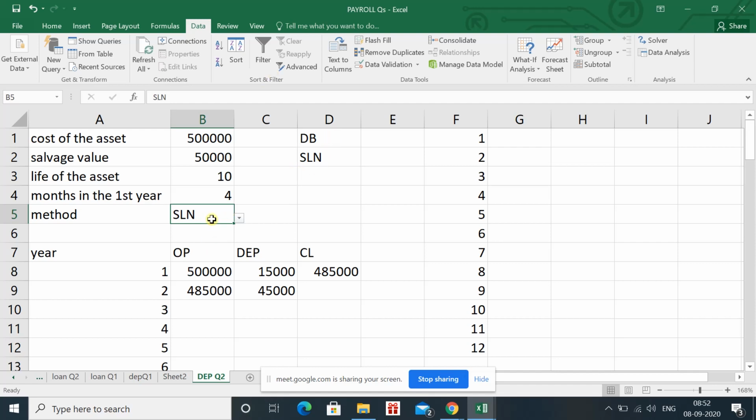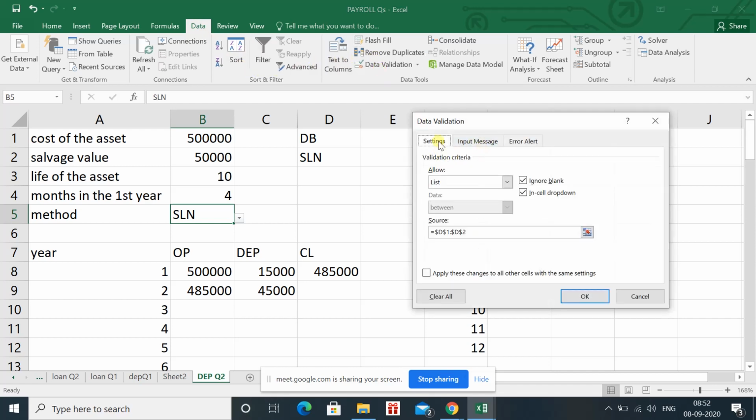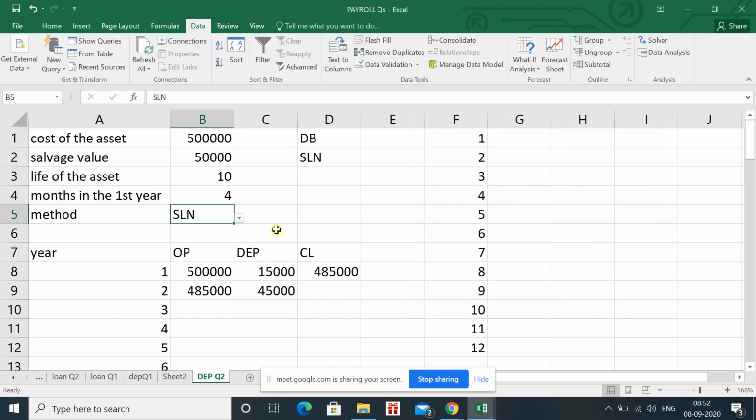Then you will keep your cursor in a cell where you want to create the drop down box for the method of depreciation. You will go to the data, then data validation, and you will follow the same process to create the drop down box. Settings, then in allow, select the list, then click this red button, select DB and SLN, then again click red button. This box will come back and then press OK. So you will receive your drop down box for the methods also.